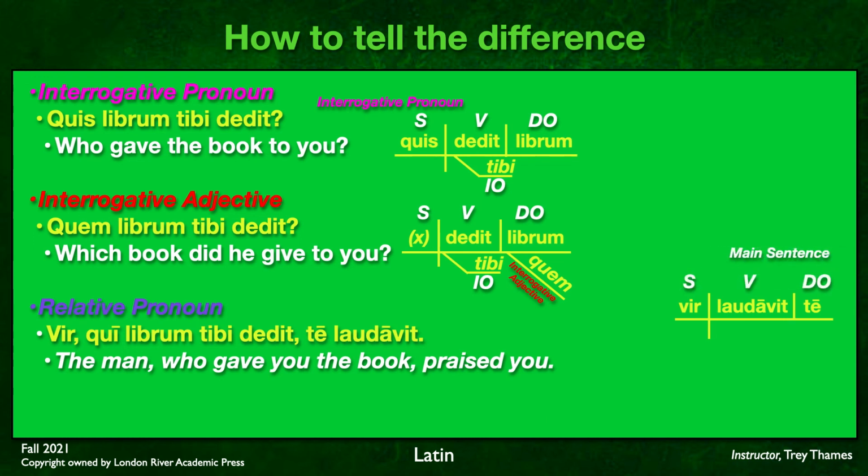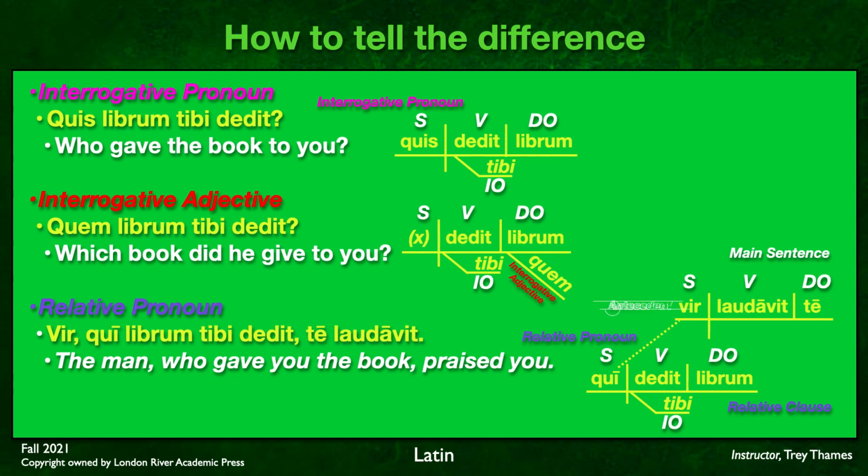And now we have our relative clause. Here we go. We've got qui is our subject, dedit is the verb, librum is the direct object of the relative clause, tibi, of course, your indirect object. And then, here we go, relative clause. We're going to attach these two. Qui, its antecedent is vir, and it is the relative pronoun. Qui is the relative pronoun, needing to agree in gender and number with its antecedent, in this case, masculine singular, but because it functions as the subject, it is nominative. So that's why it sits there in the subject space.